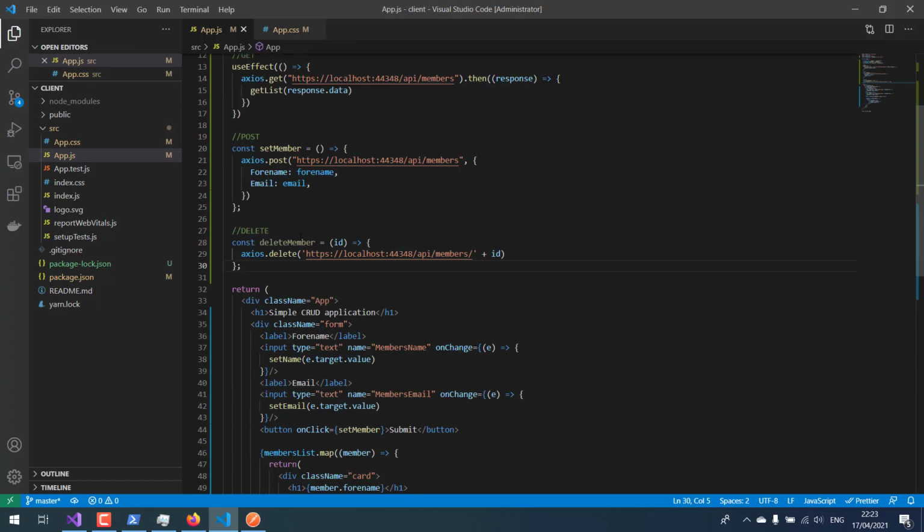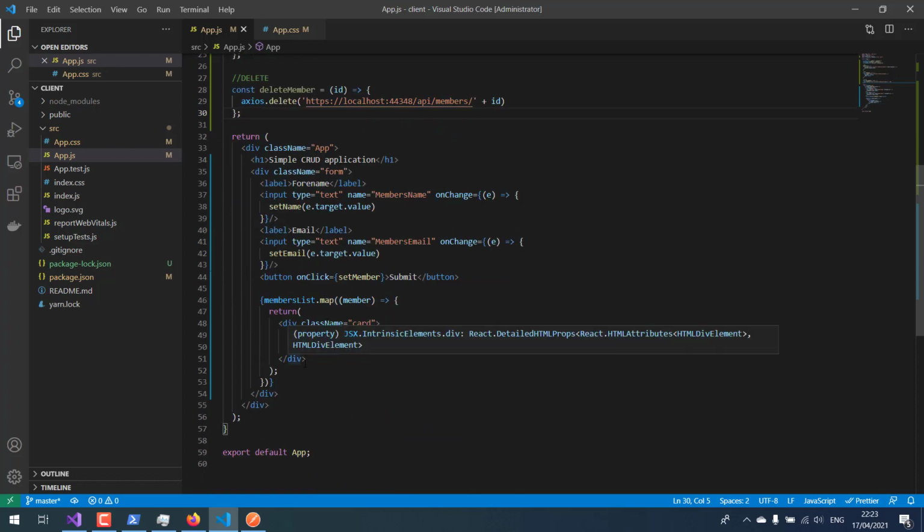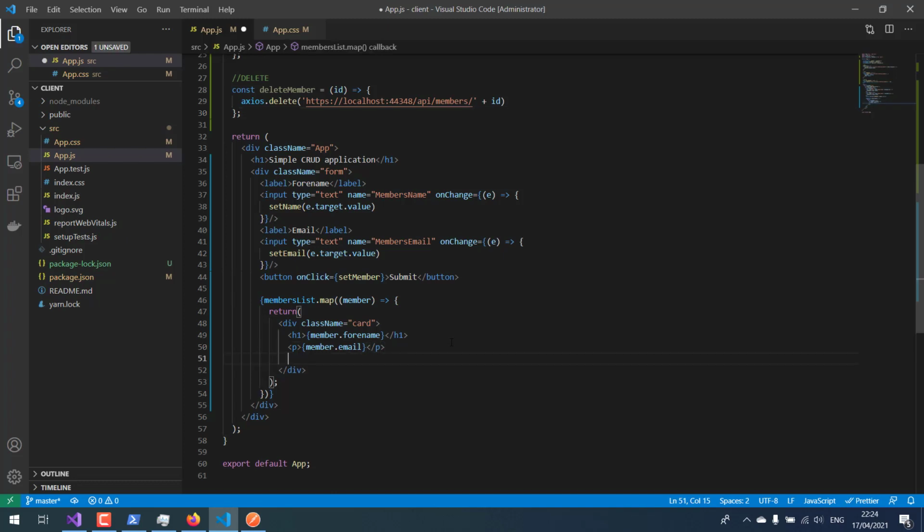Now when we pass that ID, we're gonna delete it. Now I'm gonna implement another button, which is gonna be just delete member button. Let me think where to put it. I'm just gonna put it straight here, button, and I'm gonna say button on click equal, oh sorry, I have to use arrow function here, so button on click,